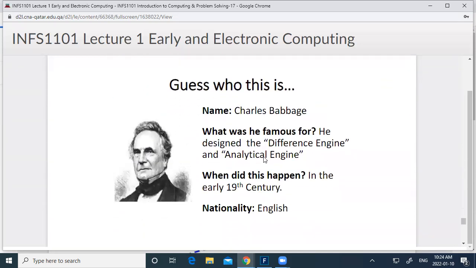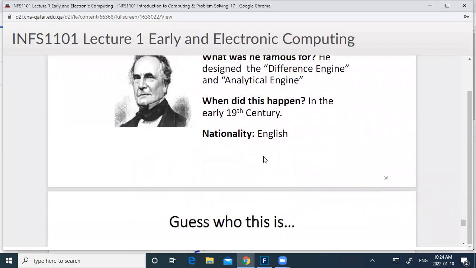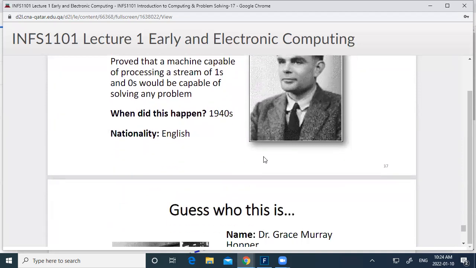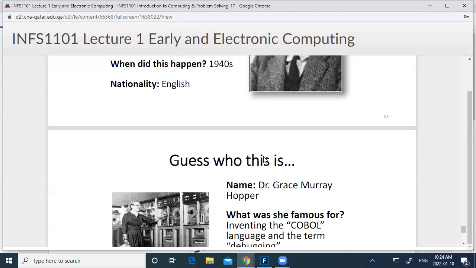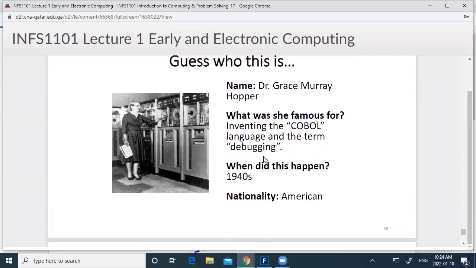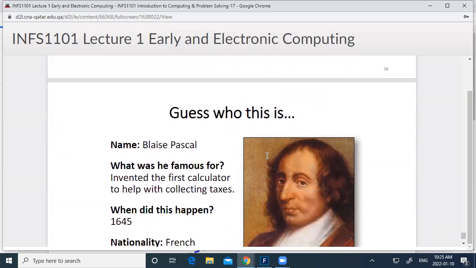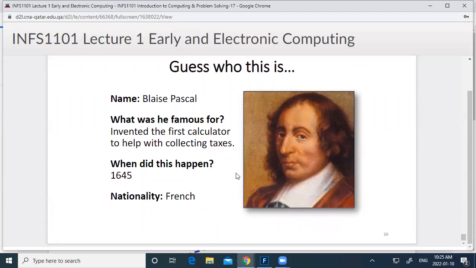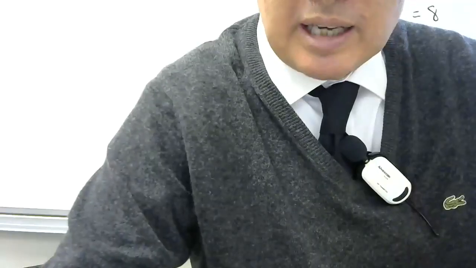There's Charles Babbage. We talked about him. He made a mechanical computer. And Turing, a guy who had a chaotic life, but made big strides in sort of cryptography. There's Grace Hopper, COBOL language, and Blaise Pascal, French dude. All right, so I'm going to stop there, and we will, in a second,